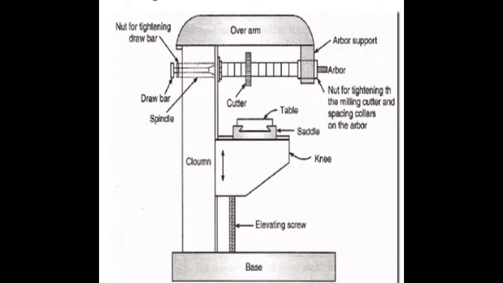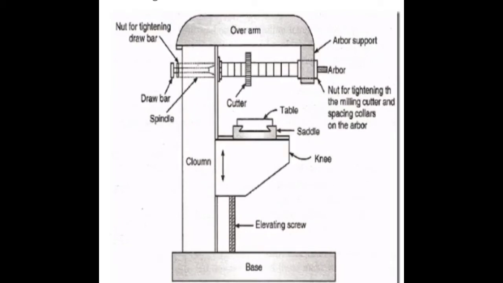A milling machine may also be used for drilling, slotting, making a circular profile and gear cutting by having a suitable attachment. Basically, a milling machine has three major types, that is horizontal milling machine, vertical milling machine and universal milling machine. As far as types are concerned, depending on operations, it is categorized majorly into three basic types. Now we'll see the horizontal milling machine.